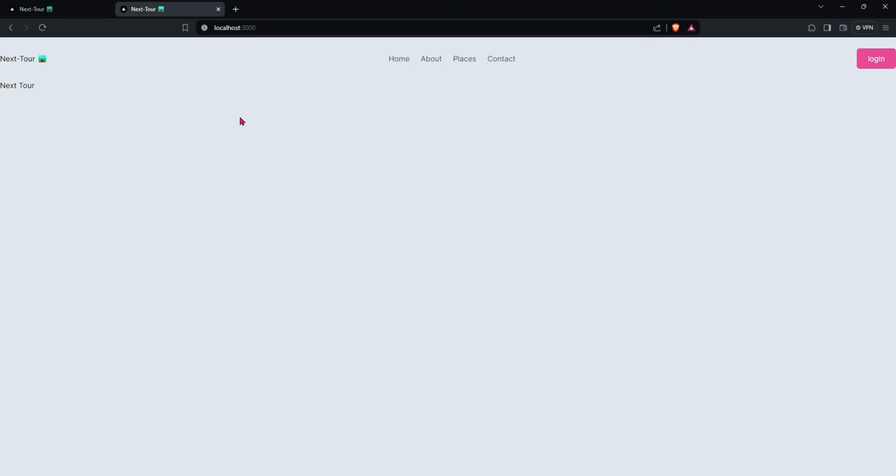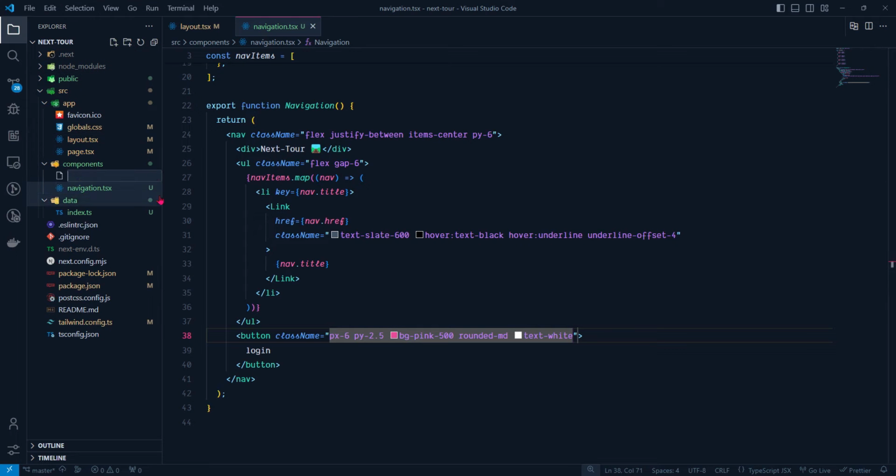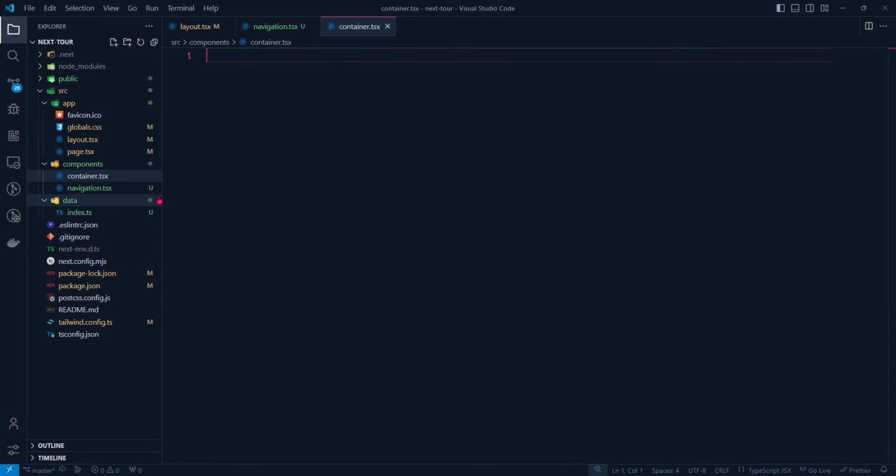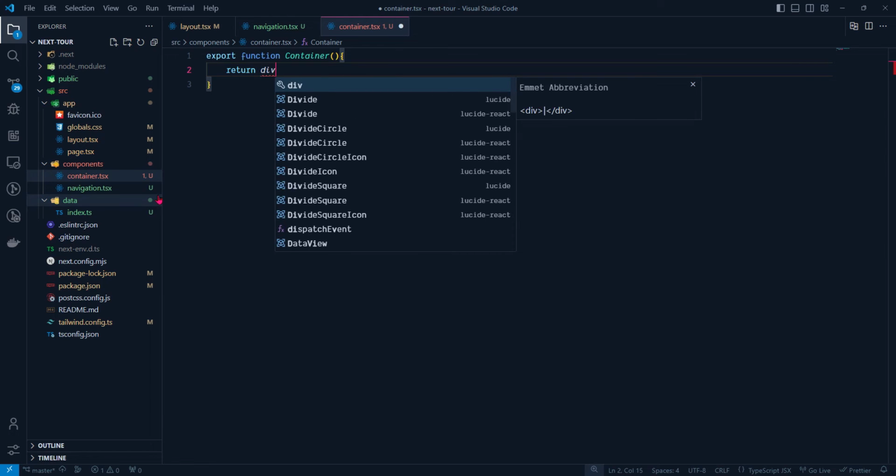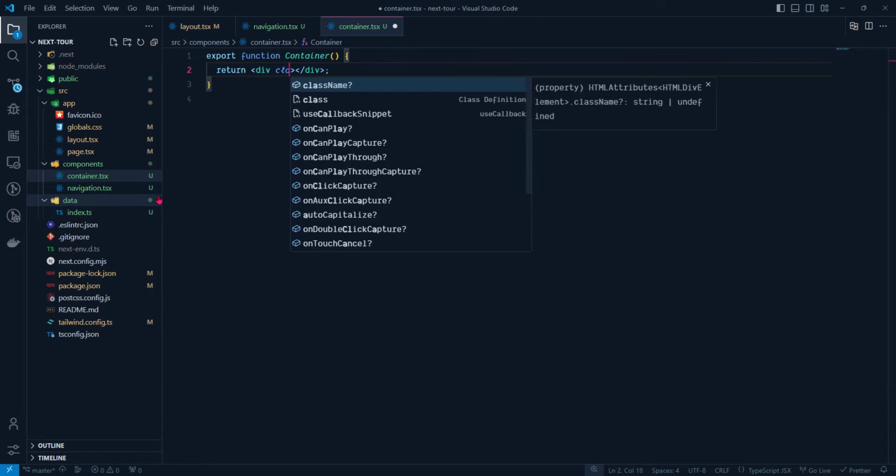So let's create a reusable component. You can also use the Tailwind container, but here I am going to create a reusable container component, and we can just wrap things in it, and it will already make it centered. So just create another component called container.tsx, and export function